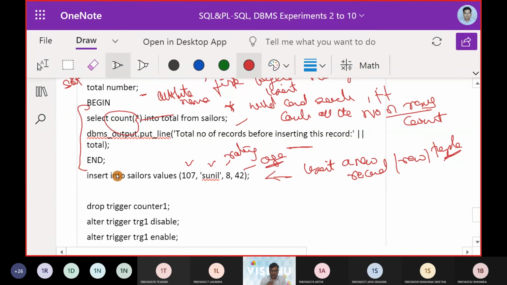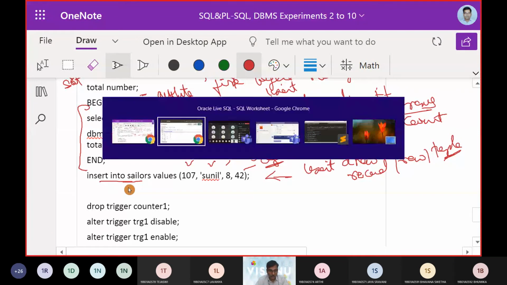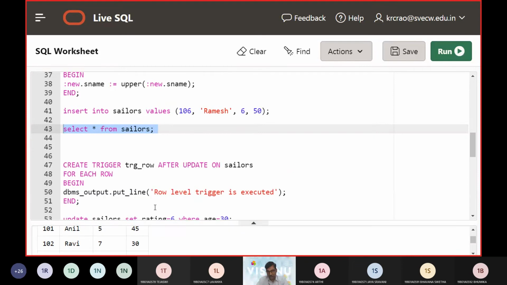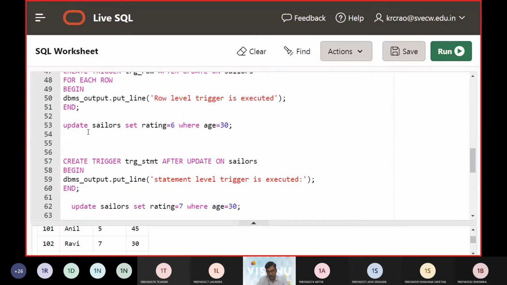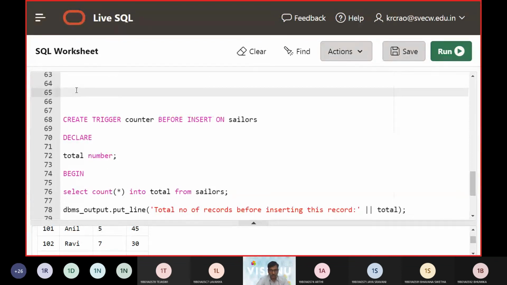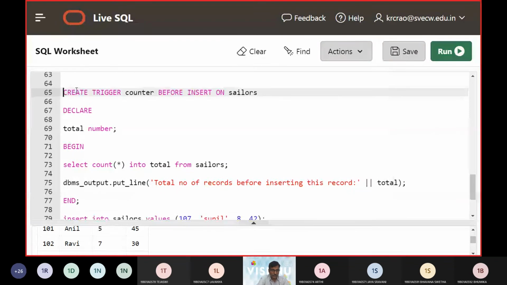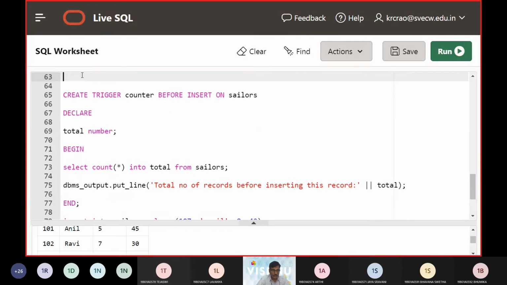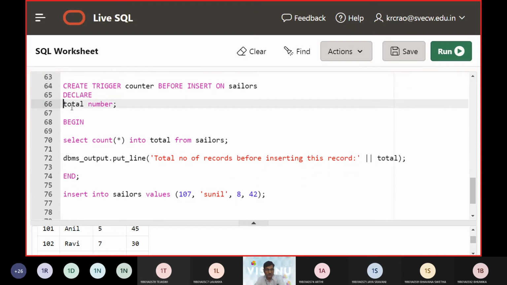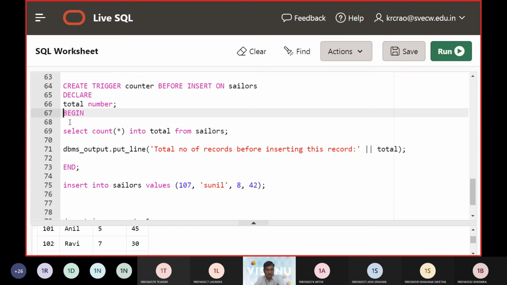So let us see what will happen when the insert works. Keep in mind that the total number of records displayed as of now was 6. Now we are taking up this insert way. What we are primarily focusing on is that we make an insert via the PL/SQL block, begin and end.